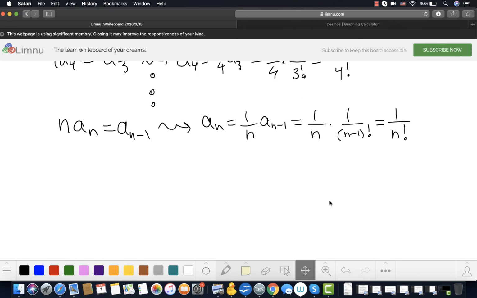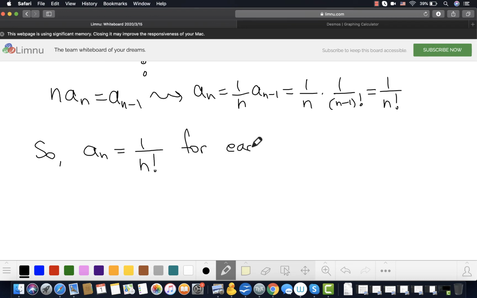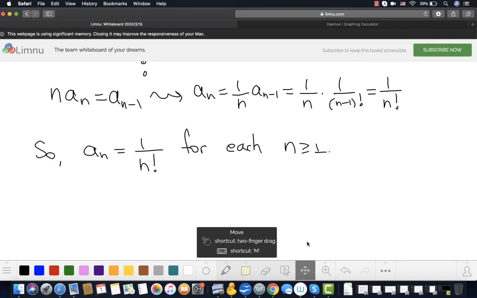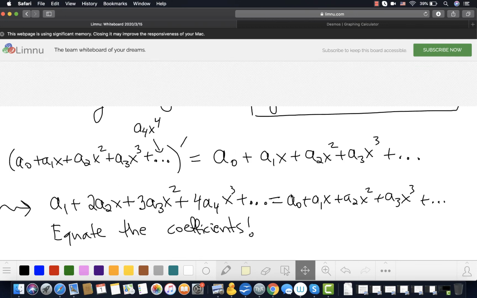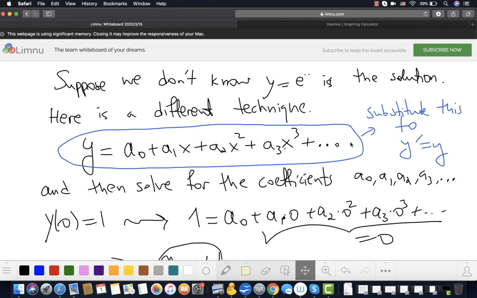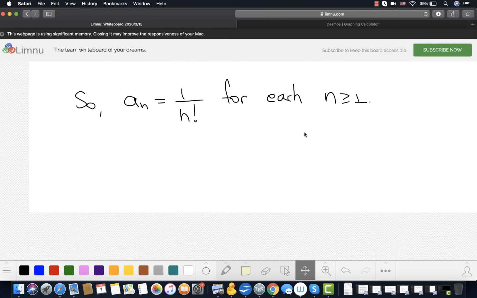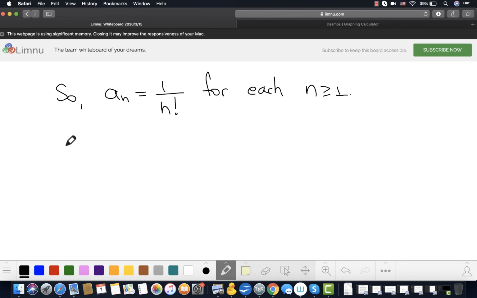Okay? So that's it. We actually figured out what the coefficients are. So a sub n is 1/n factorial for each n. Okay, so coefficients have now been recovered. But that's exactly what we wanted, because we wrote down the solution in this form. This was our solution, right? So once we know what the a_n are, this means that the solution,